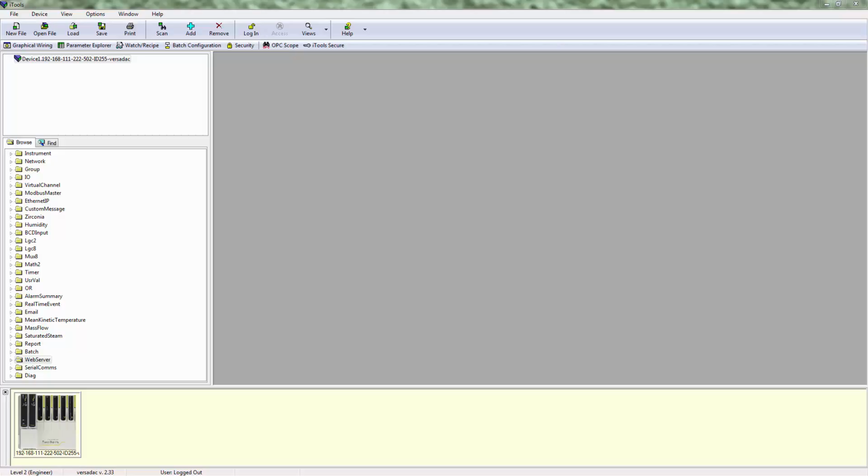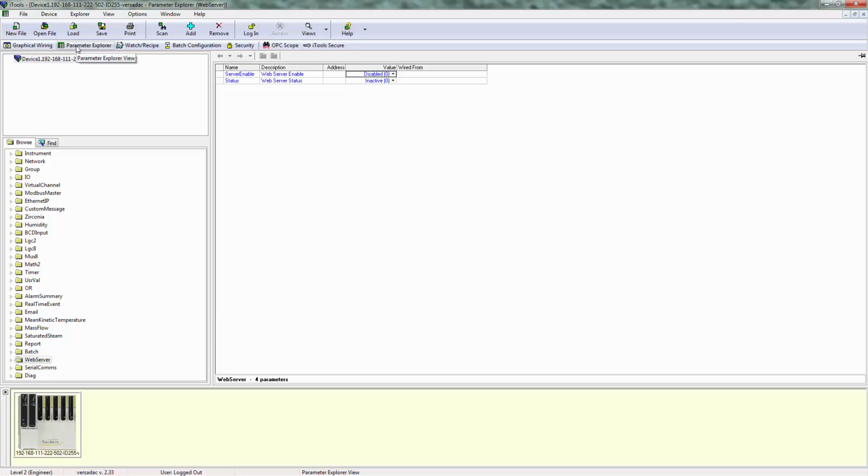So as I mentioned before, if you've seen my other video, we talked about how to get the versadac communicating with your computer in iTools so that you can use iTools to configure it. Going down the left-hand side of the screen here, these are your various settings that you can configure. They can be expanded by hitting on the Parameter Explorer window. Then going across the top here, you've got graphical wiring. So if you want to use function block programming to create a specific application, you can. You also have your batch configuration, which we'll get into a little bit more detail here shortly,